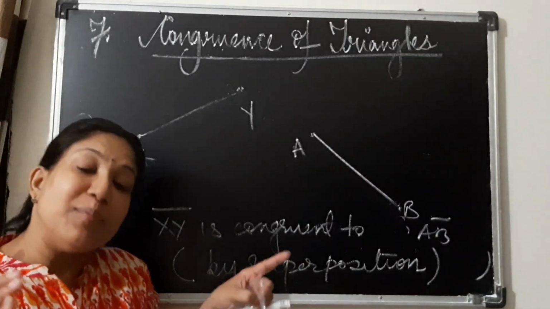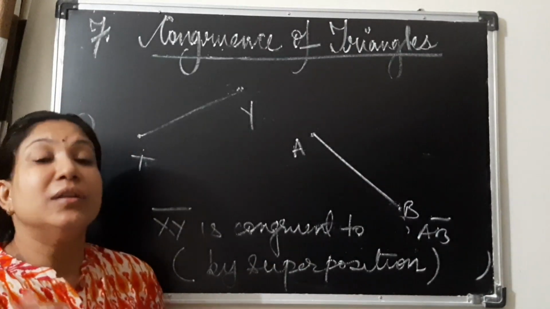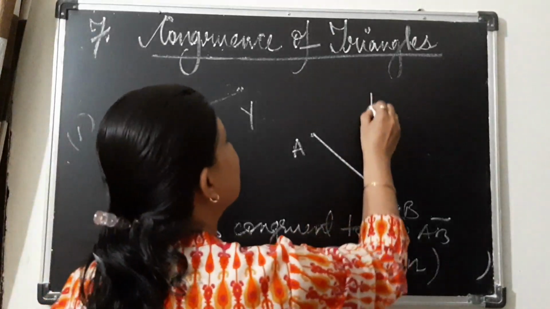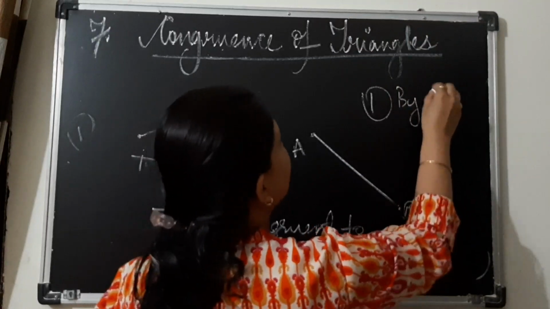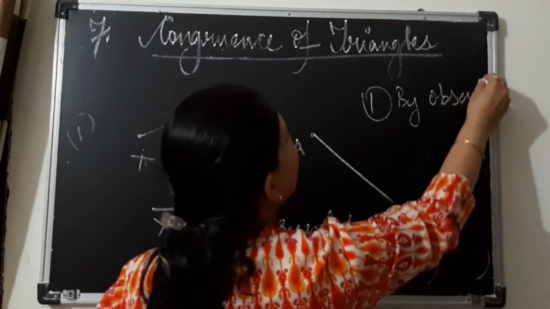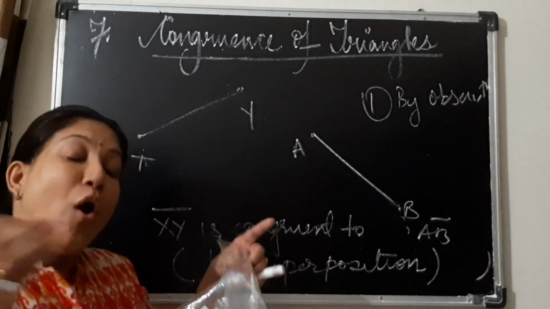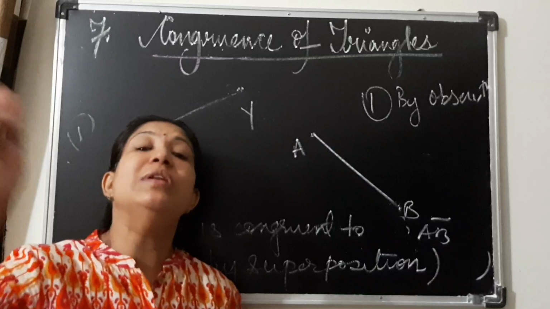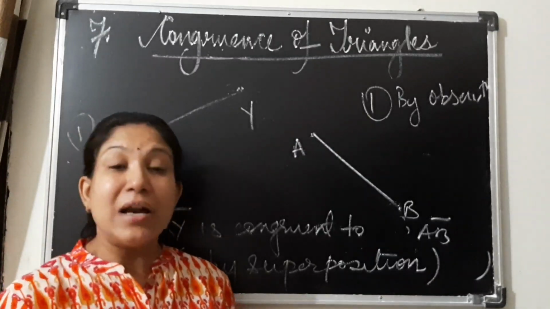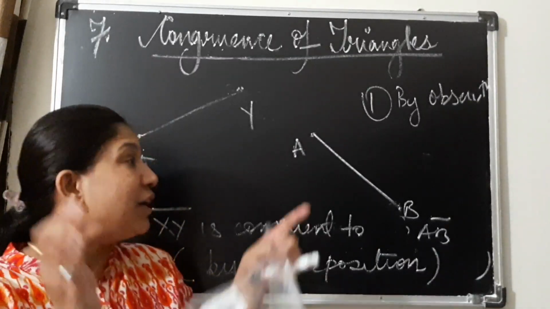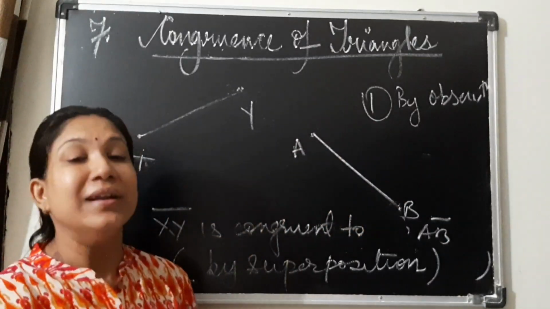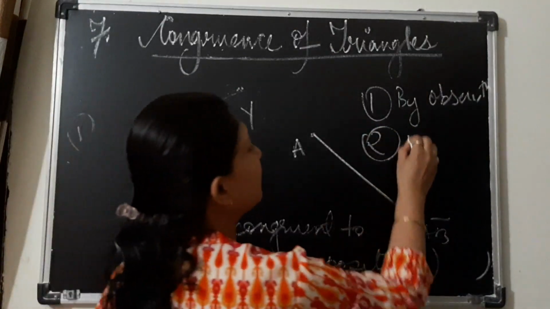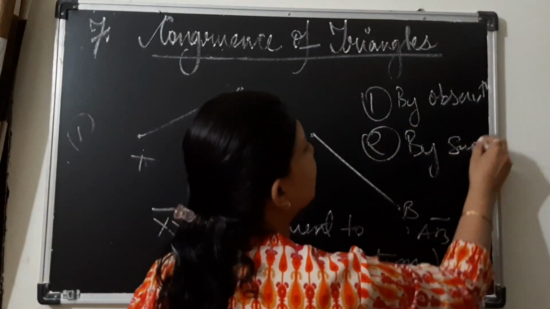So what are the three ways by which you can check whether two plane figures or objects are congruent? We have discussed. The first one was by observation. Why observation? See children, for all the objects, can you take the trace copy? If you just want to see the two ladders, are they congruent? Are they the same shape and size? It is easy to place them side by side and compare. Yes, for objects. Then for 2D plane figures, we have done it by the superposition method.